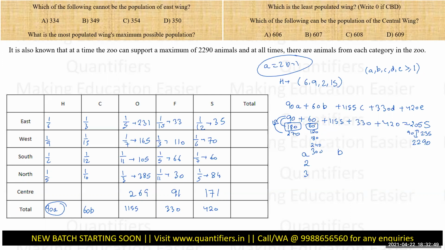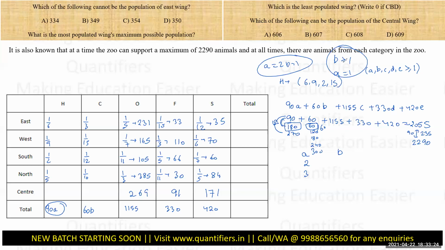If I'm putting A as 3 and B as 2, 120, then A will only be 1. So if I'm putting B greater than 1, then A will only be 1, right? This is also a fact. Because if I'm increasing B by 2, no, not by 1. So if I'm adding 60 over here, I can put 180 over here. No, I cannot put. So I can only put 90, right? So that's the fact. 90, 90, 150. Yes, sorry.